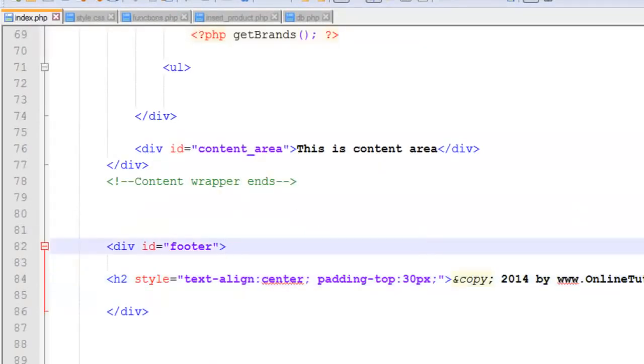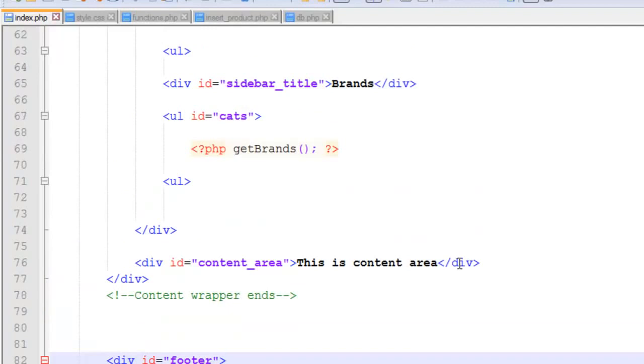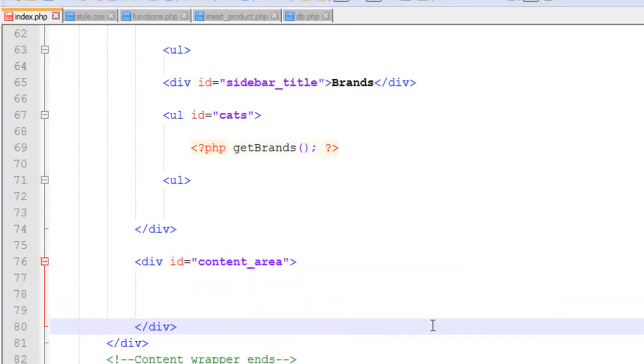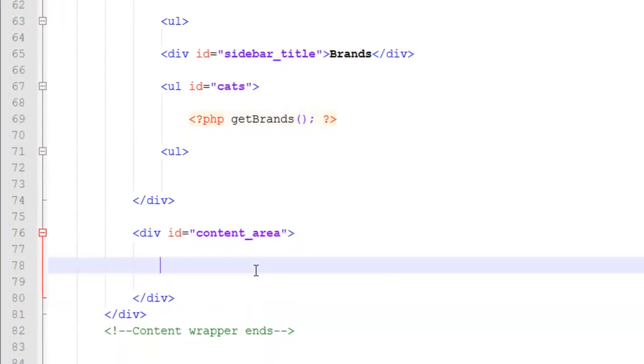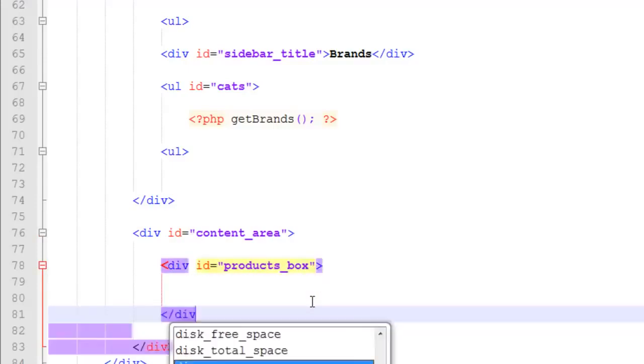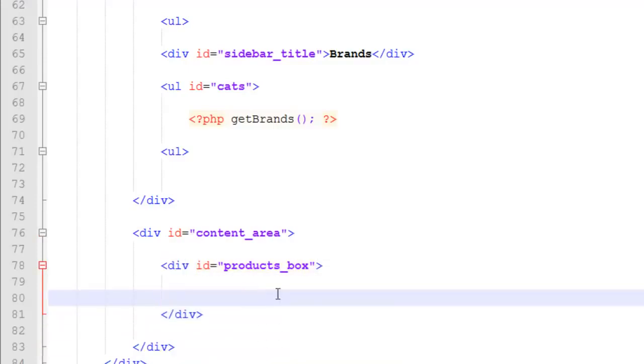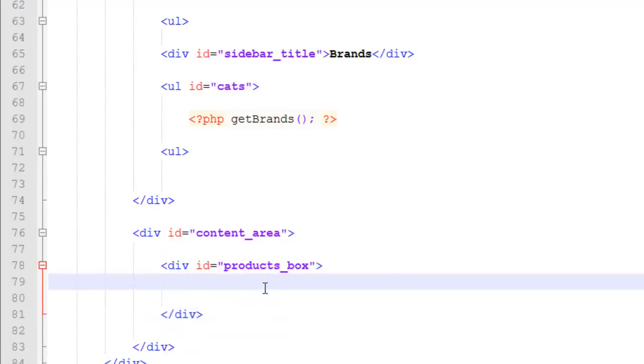index.php where we have the content area. This is the content area. We'll remove this text, and inside here we'll add another div tag, and its ID will be products_box. This is products box, we already declared in the CSS. This div is closed. Now in here we can simply